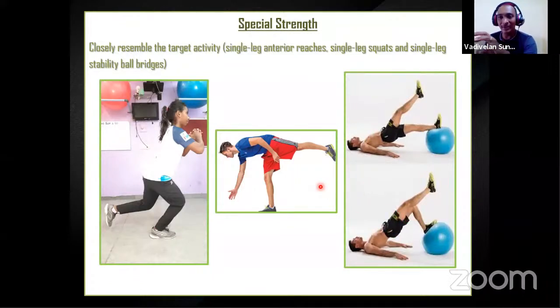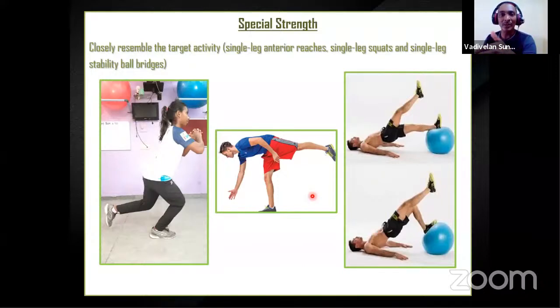So these can be added. These types of exercises, but actually not only these exercises. We have so many exercises. I have just given an example to help you understand what the stage represents. Initially we saw the general strength. Now we see what exercises can be added in the special strength. You can add many exercises like this. Especially, sports specific exercises should be added in the special strength.